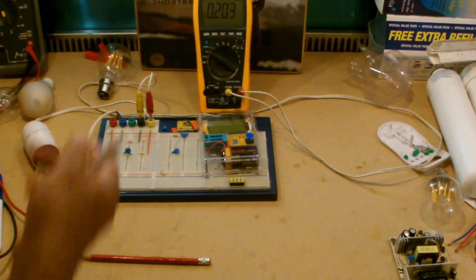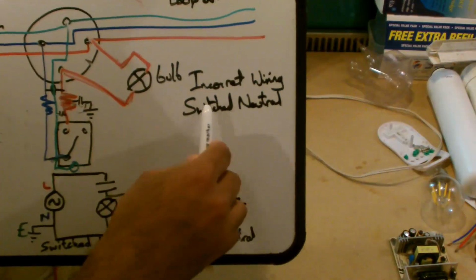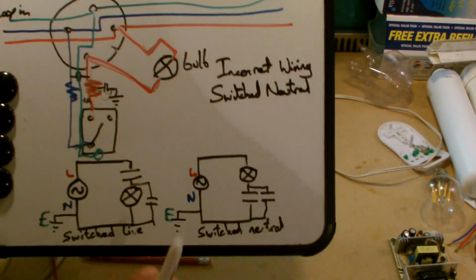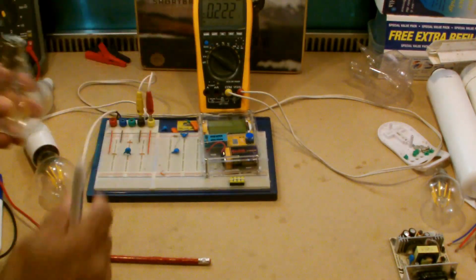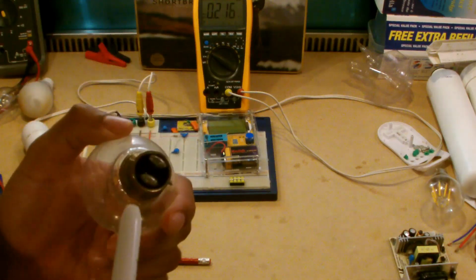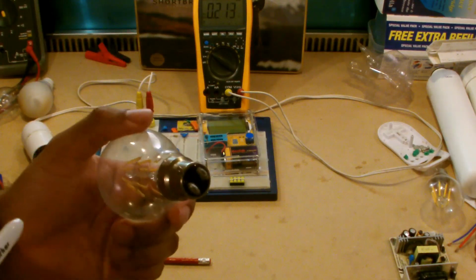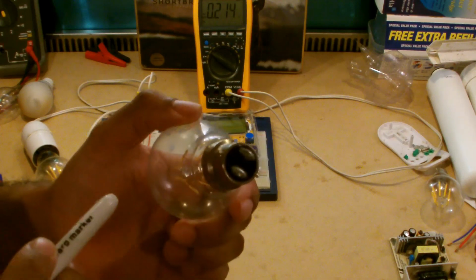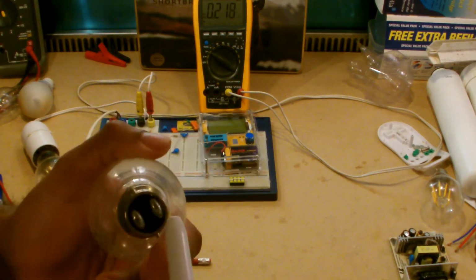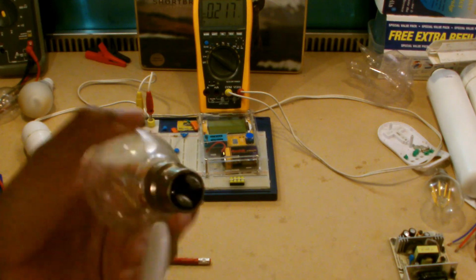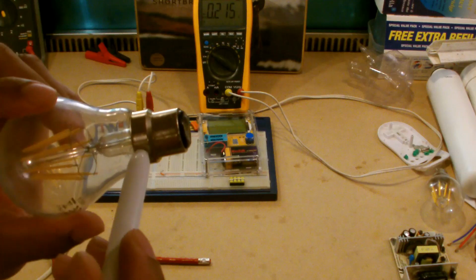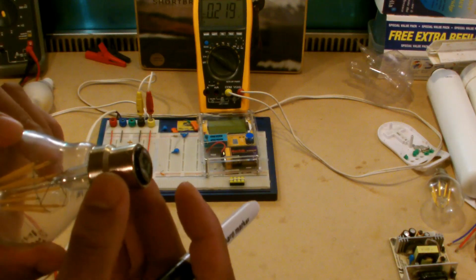The second thing is, if you have bad wiring and you have a switch neutral, you should have it rewired to switch live. In the UK, it wasn't actually an issue before because we used to use bayonet connectors for the lights, and in actual fact you didn't necessarily have to even have an earth in your lighting circuit. But as things progressed, the earth was introduced, and you'll see here that the two conductors are separate from the jacket. But since we went to Edison screw and things changed, the jacket here is actually a conductor.